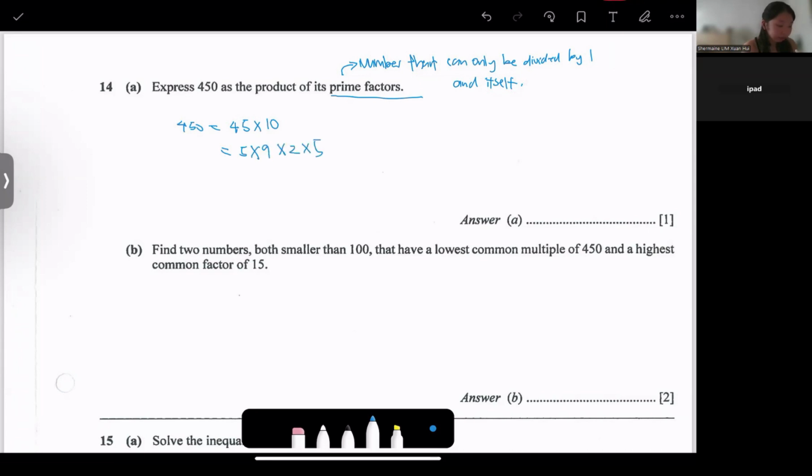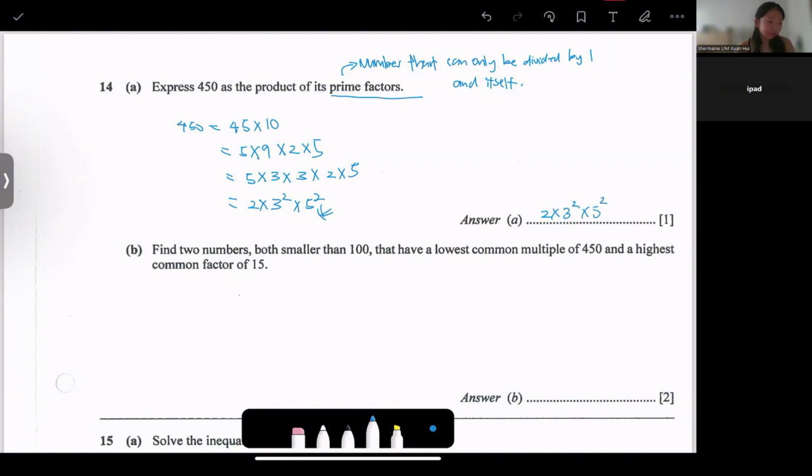That's easy. So 5 times 3 times 2 times 5. Now, if you put them in powers, we have 2 times 3 times 5 squared. Okay? That's your answer